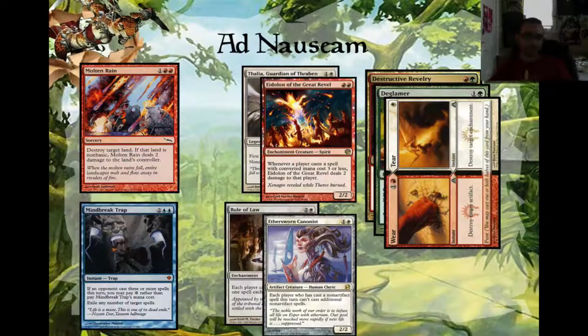Ad Nauseam. Alright, Ad Nauseam is one of these newer decks that's actually really tough. It plays a lot like Storm, so you'll see there's a lot of things in here that are very reminiscent of Storm, with the exception of Molten Rain, as well as the Destructive Revelry, Declamor, and Wear and Tear. Why is the Declamor, Wear and Tear, Destructive Revelry different? Well, it's basically you're going to be land hating. That's right, land hating. You are going to be using Molten Rain to get rid of their lands, not allow them to get to about 5 mana, and Destructive Revelry, Declamor, Wear and Tear is going to hit their